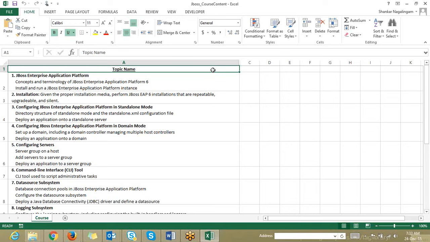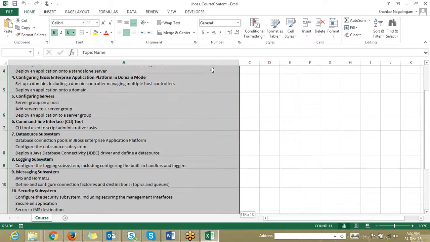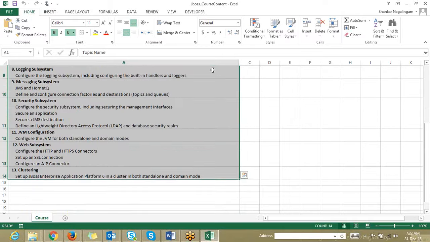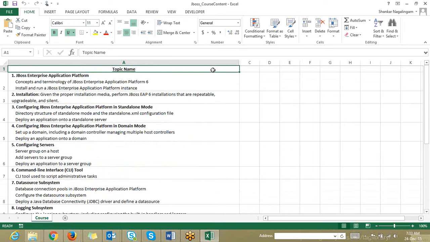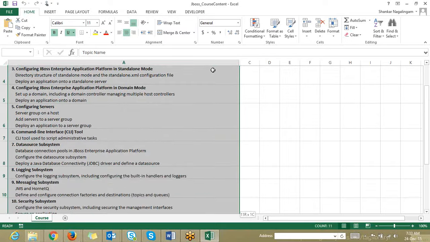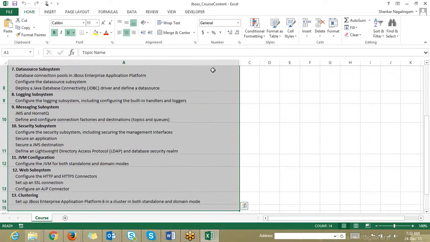Assuming that you don't have that software, coming to the course content, which is very important for us. These are the topics I would be talking about as part of my training, which includes clustering, web server, performance tuning, what is meant by domain mode, what is meant by standalone mode, what is meant by CLI, what is meant by logging, how we do the installation. Everything over here I'll be talking about. These course contents are in line with the JB 248 exam. Anyone heard about JB 248?